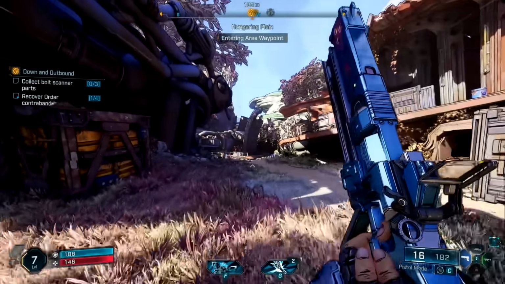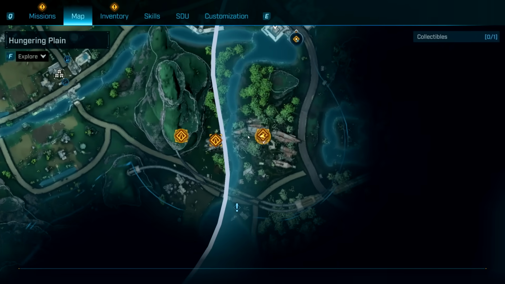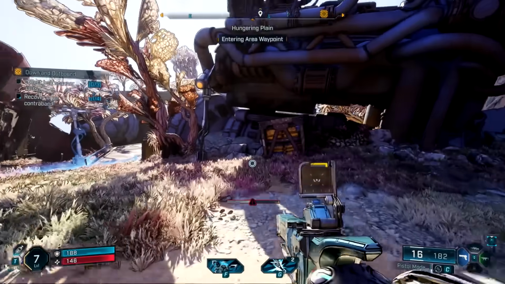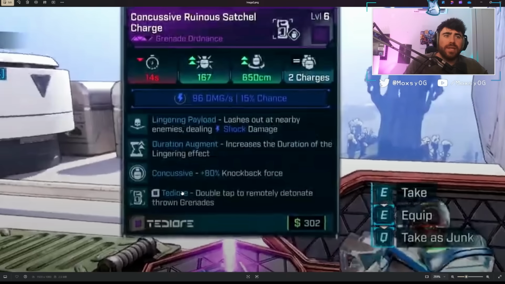Now, where the license part system gets even crazier is actually when it comes to Ordinance, because Ordinance has its own rule set and its own mods and everything that it can roll that are separate from weapons. So this is a grenade on screen. It's a purple one, and we can see that it has a bunch of parts. Now, the crazy thing about this is we'll note that this is a Tediore grenade, but instead of rolling other manufacturers, like getting Torg, for example, on this, or Malawan, it's got something called Lingering Payload, Duration Augment, and